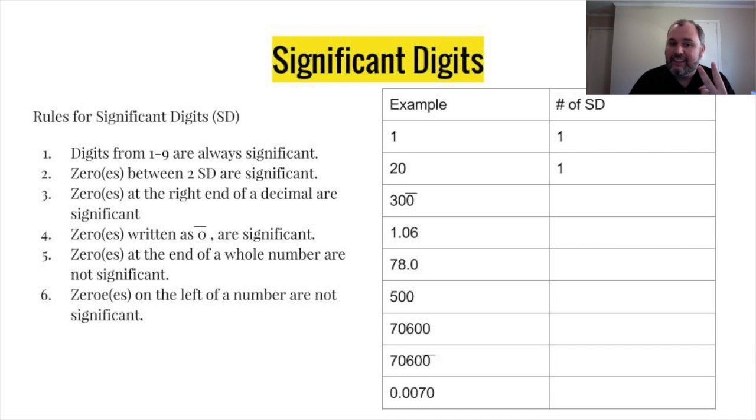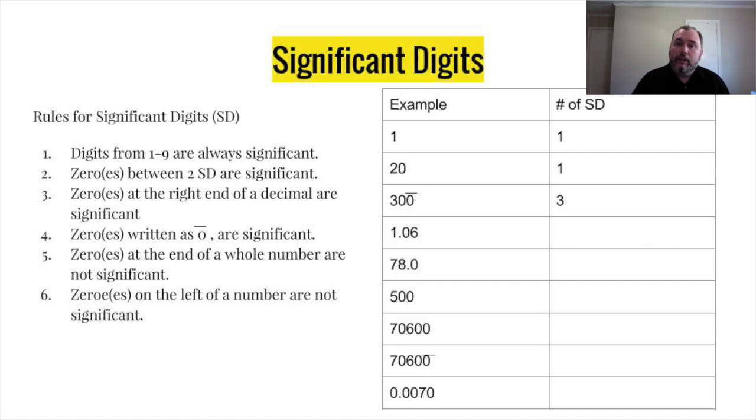All right, so let's look at the 0 in the middle. Well, if you go back to rule 2, it says zeros between 2 significant digits are significant. We know the 3 is a significant digit. We know the 0 with a bar is a significant digit. Therefore, rule 2 states that the middle 0 is also. So altogether, we have 3 significant digits for number 300. One more,